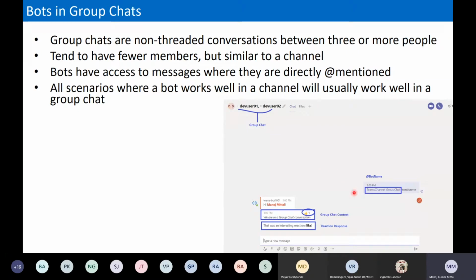So if you see here, I just used my bot and put in some random text. It just came out with the message, and the next message is giving me, we are in a group chat conversation. So we can come to know, once the bot is invoked, what context my bot is in and what thread we need to start. So we can define the messages accordingly instead of randomly sending messages for the one-to-one, Teams, or group chat. So that is the beauty here. We can get the context.